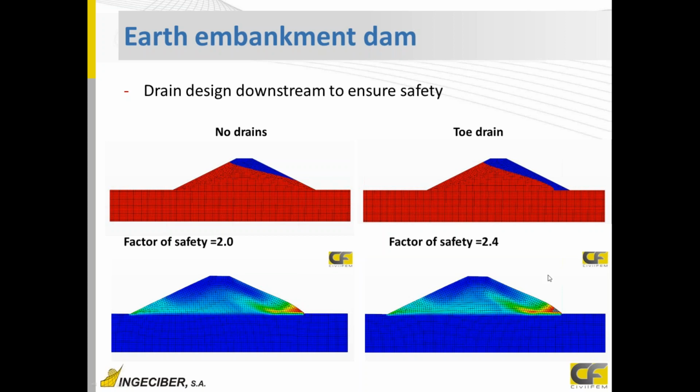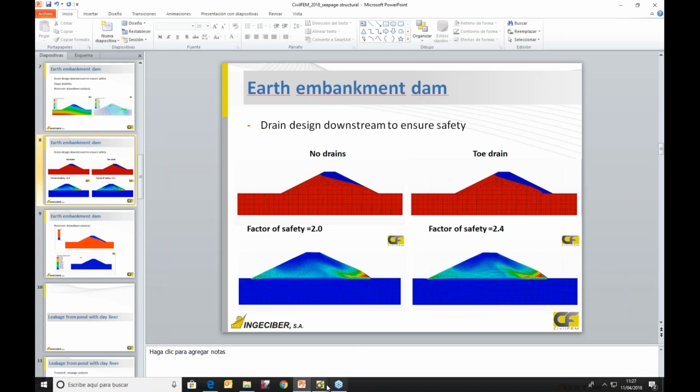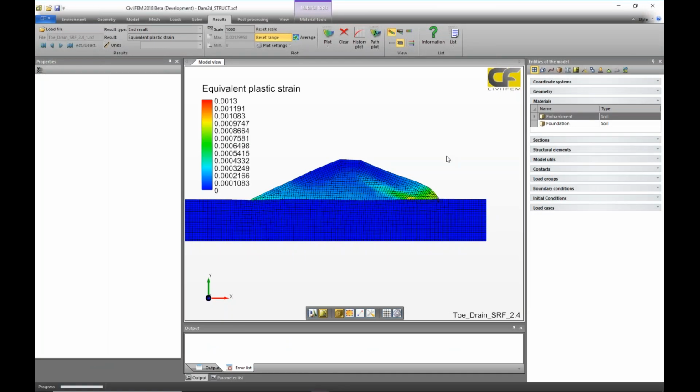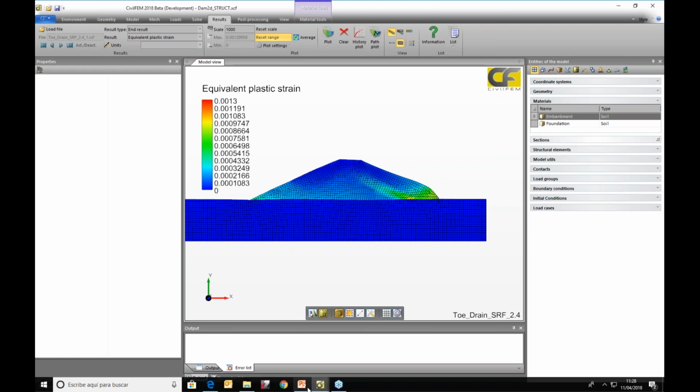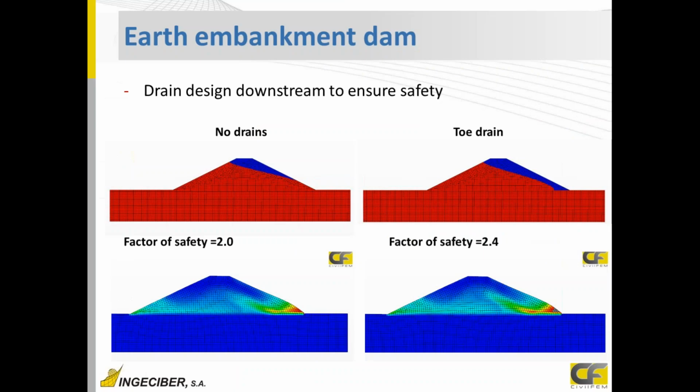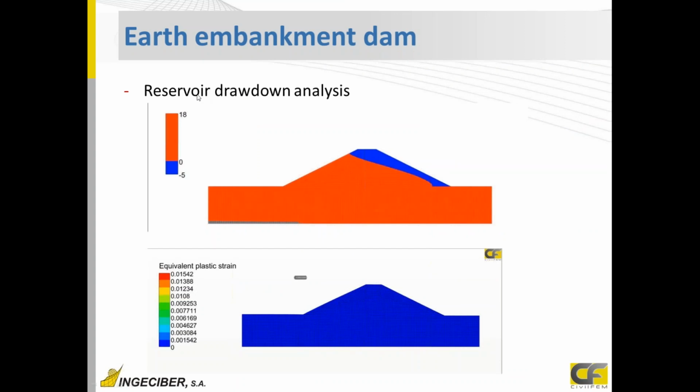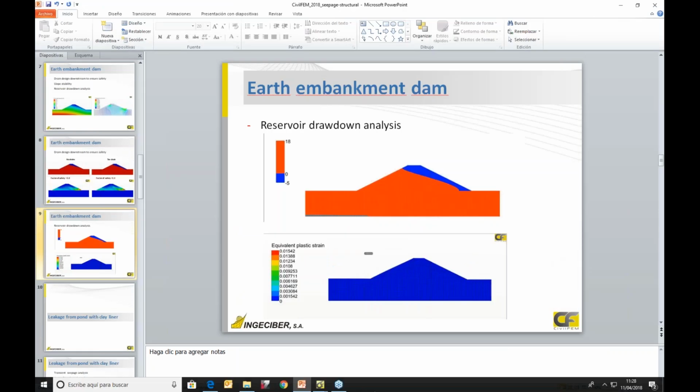Okay. So the next option I'm going to solve, as we saw before, we have solved first a seepage analysis, a steady state seepage analysis. We have solved it twice to determine pore water pressure, and we are using that pore water pressure in the structural model to determine safety factor downstream. The next option I would like to solve is to consider the reservoir drain down analysis, a rapid drain down of this model. So the way to do that